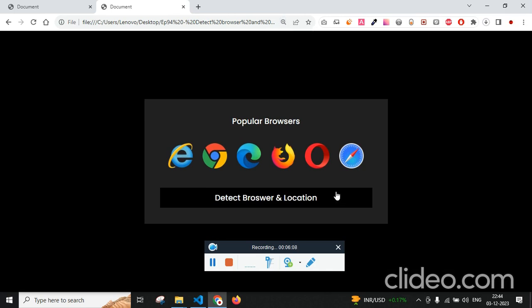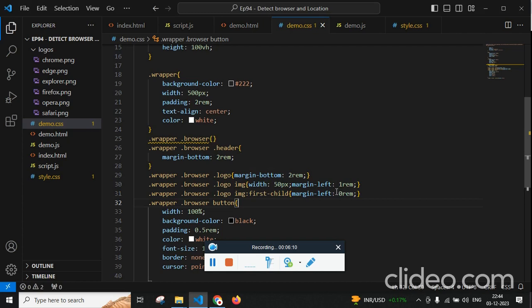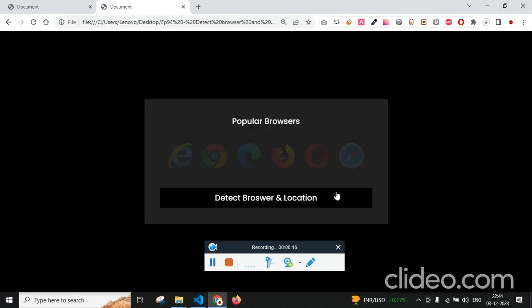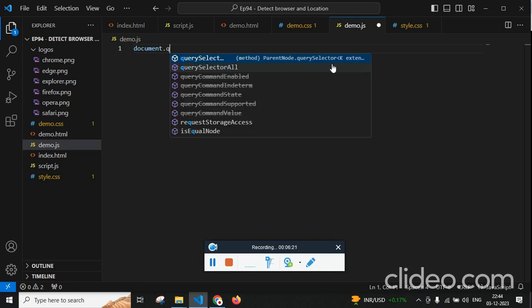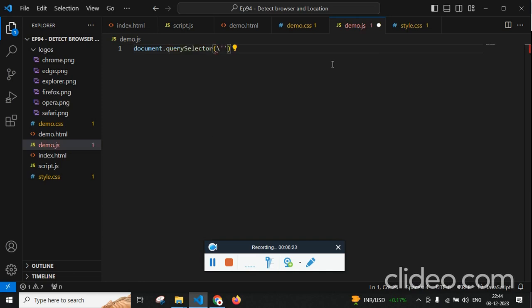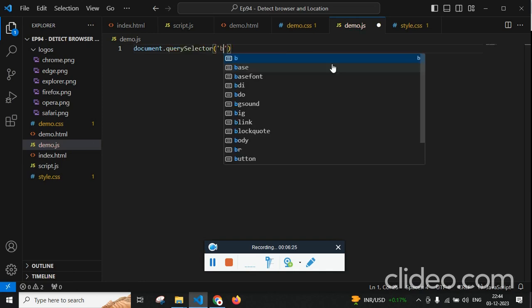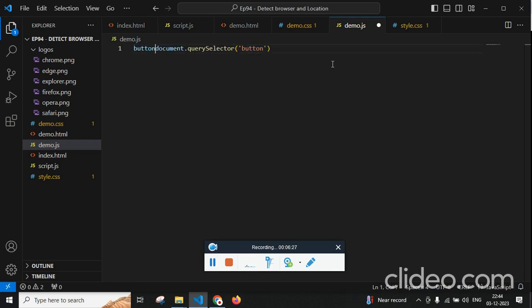When I click on this, by default let all the images have opacity 0.1. Let's get into the JavaScript. document.querySelector, which is button, and let's just store it into a variable, and let's define it as a button tag. And when I click on this button,